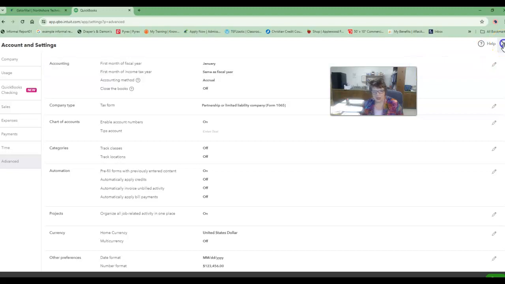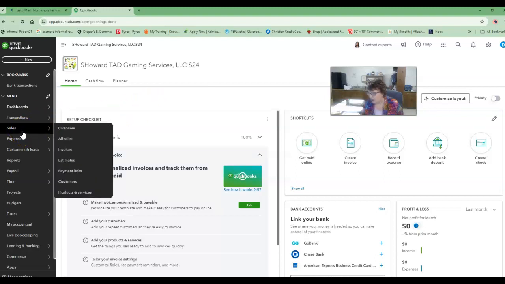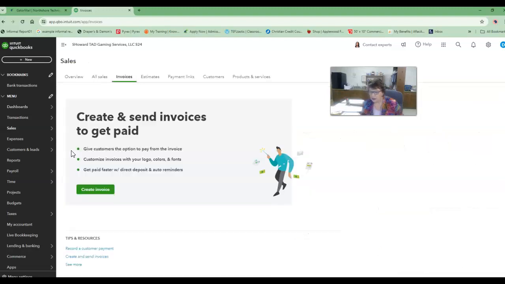So I'm going to close this, go back to the dashboard, and if you want to customize the invoice, all right, so create invoices. You want to go to